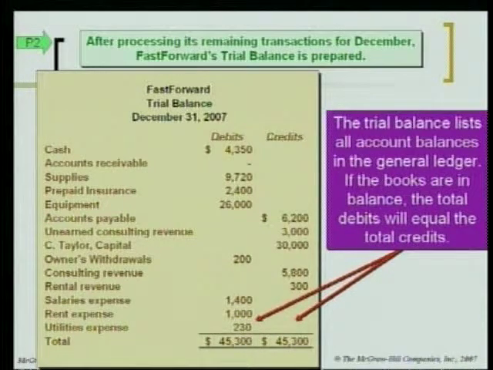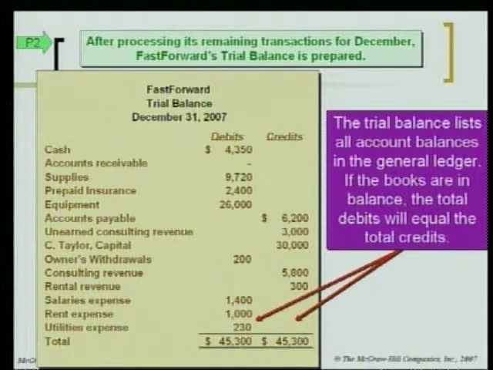Okay? Now, when I would go do financial statement audits, the very first thing that I would do is ask for a trial balance from the client. Now, the key thing is that those bottom totals need to be equal. The total debits have to equal the total credits. If they don't, there's a mistake somewhere. Now, unfortunately, if they do equal, that is not a guarantee that there have been no mistakes during the period. But certainly if they do not equal, that is a guarantee that mistakes have been made.